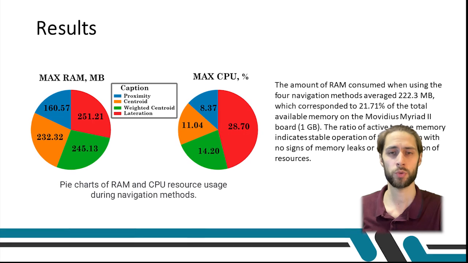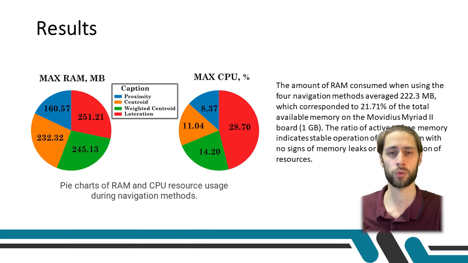When using each visual positioning method for 30 seconds, with the minimum number of landmarks required for its operation, it became known that the minimum value of RAM consumption is for the use of the proximity method and is